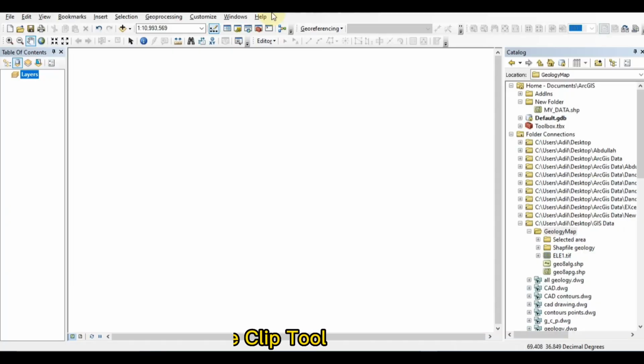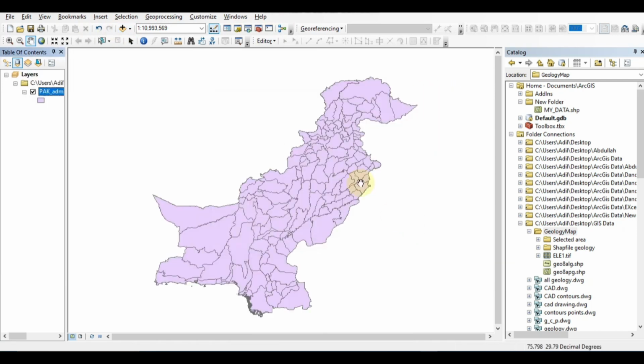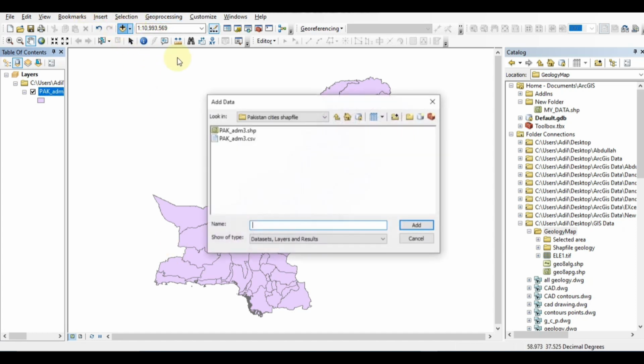Bismillahirrahmanirrahim. In this video, we will learn how to use the clip tool, how we can clip our desired data. First of all, I will add the shapefile of Pakistan. After that, I will add